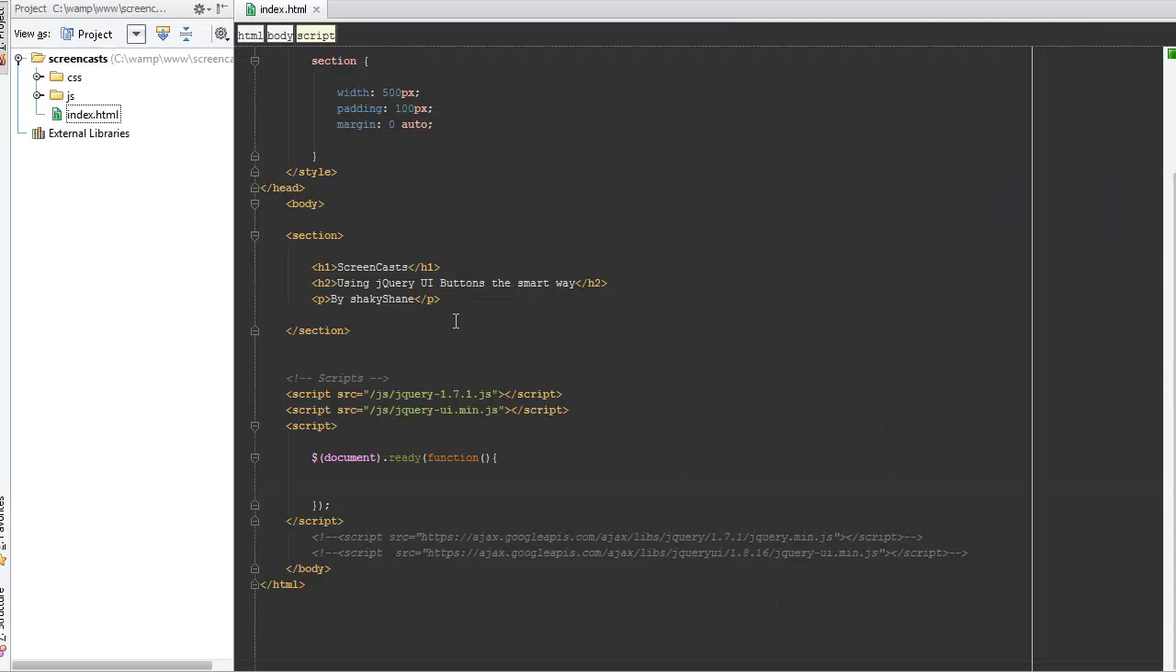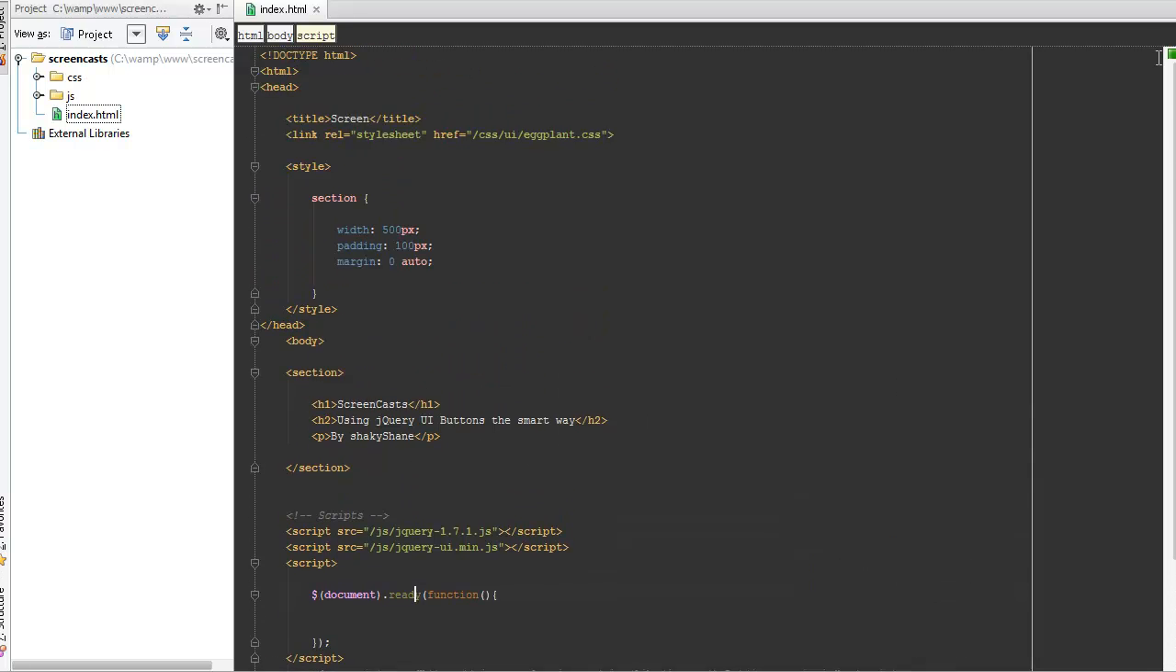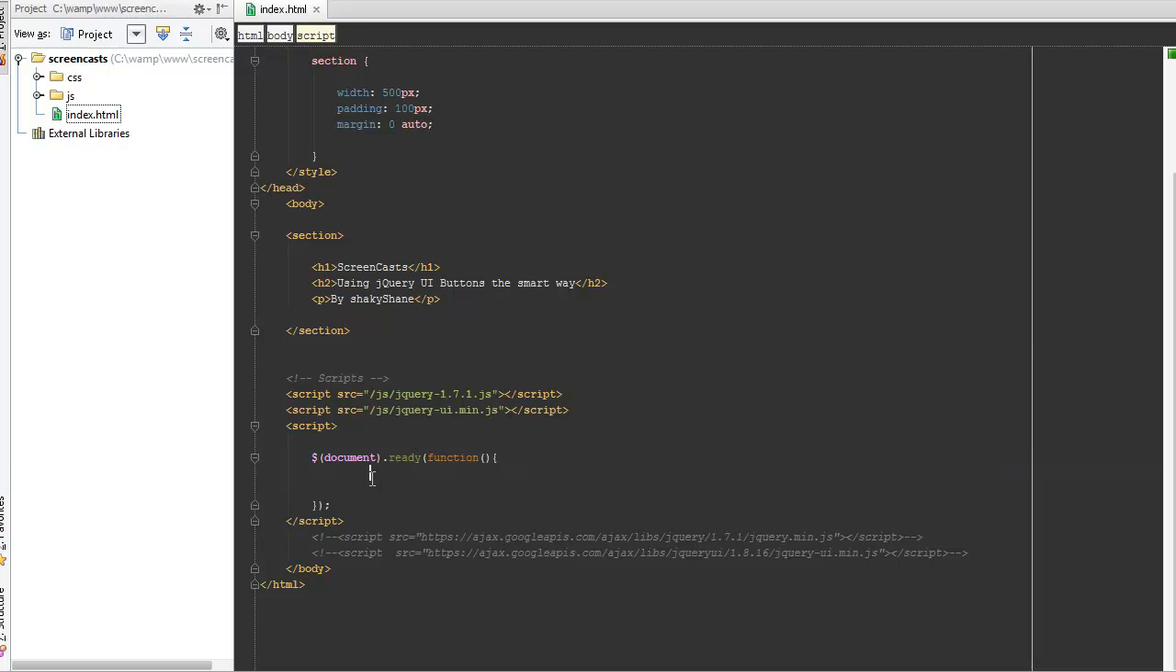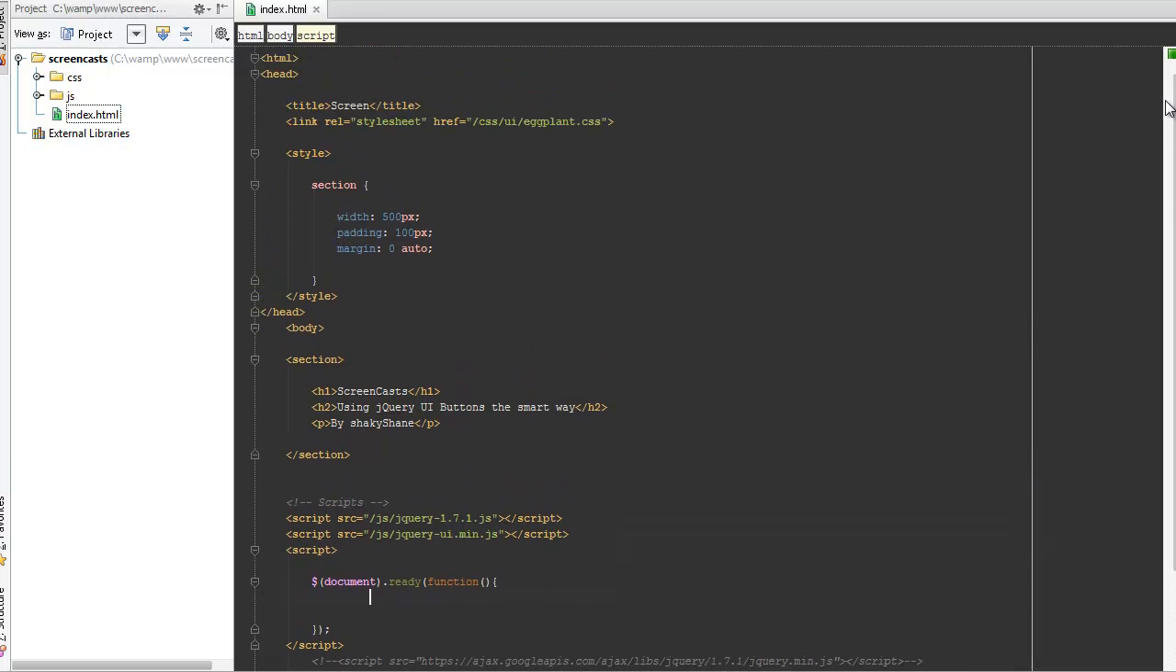Into our code editor here, I'm using PHP Storm, which is unbelievable. I can't believe I've only just found it. I'm coming from NetBeans. Anyway,